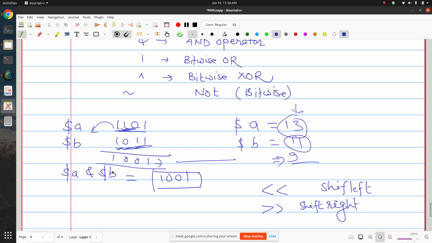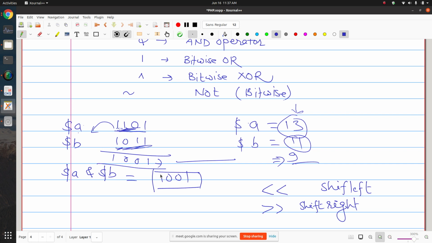Similarly, if you shift right, it gets divided. This is happening because of the weighted nature of the binary number system. So sometimes these operations are used to achieve multiplication and division. So these are some of the operators.